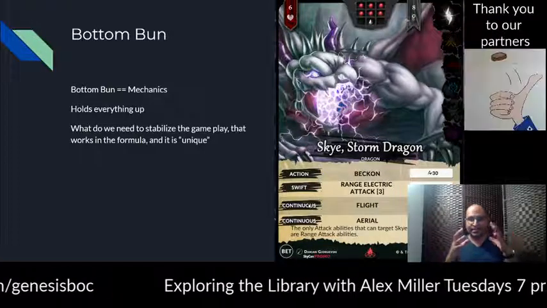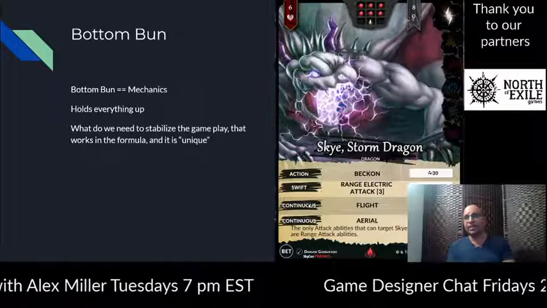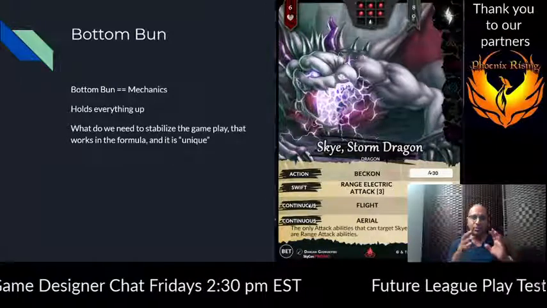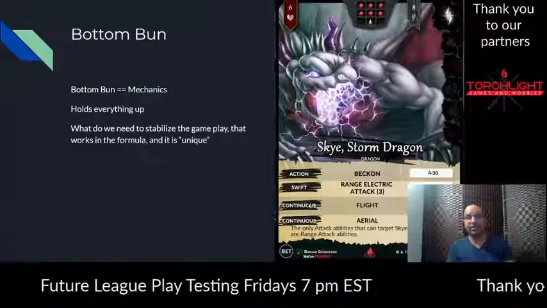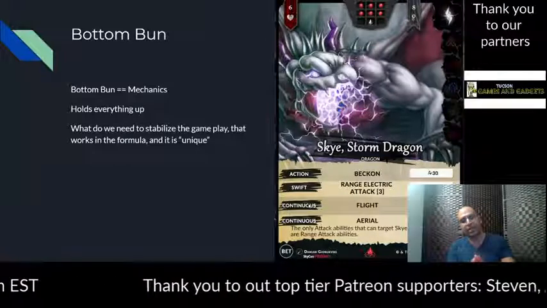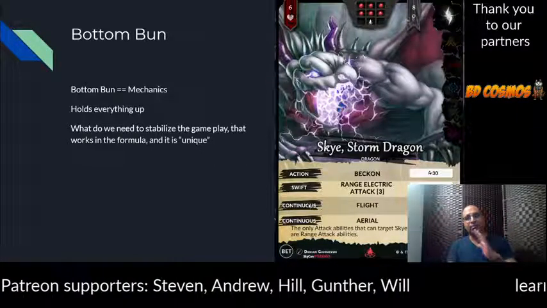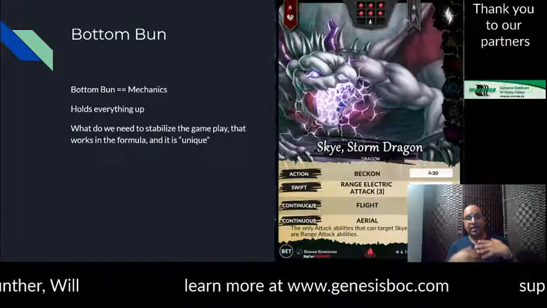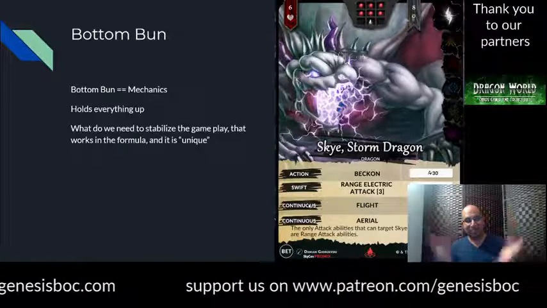But the idea is every card, there should be a debatable purpose for every card. That's one of those things I like to uphold as we grow in Genesis. I want there to not be too many cards that are just strictly better than another version, unless that's intentional. So like Temporal Relocation is strictly better than Blink Shards. That was done on purpose because Blink Shard as it stands just wasn't playable in the meta of Genesis. But Temporal Relocation, it's playable. It may not be out there. Alex, you're gonna say it's not playable, but I love the card.